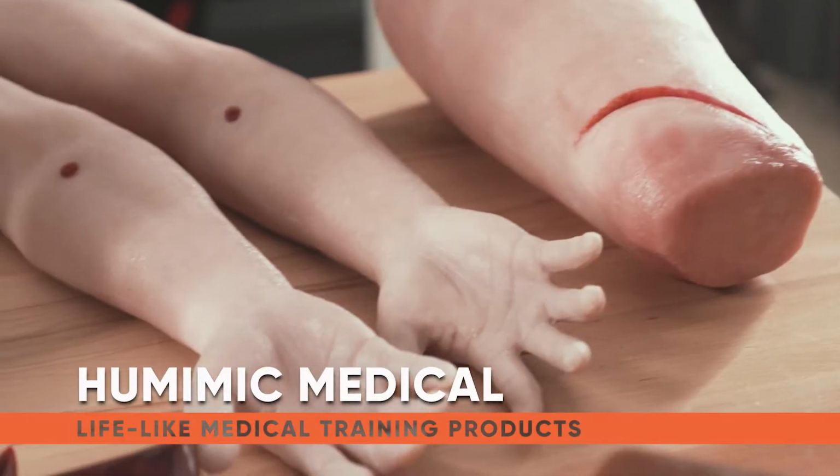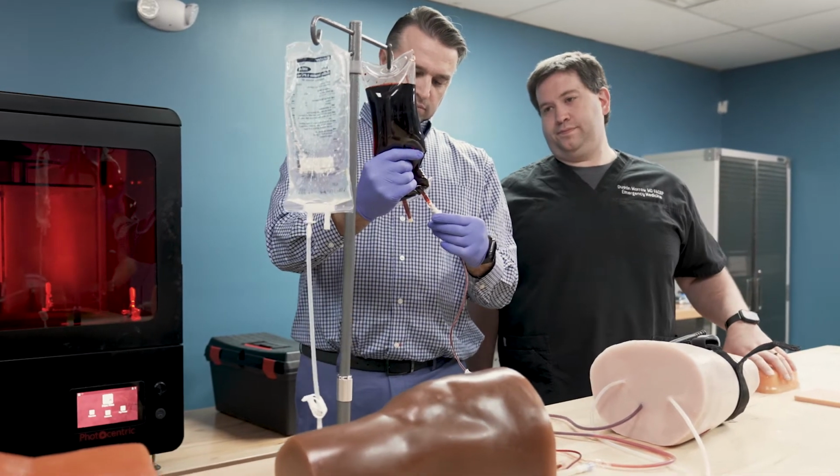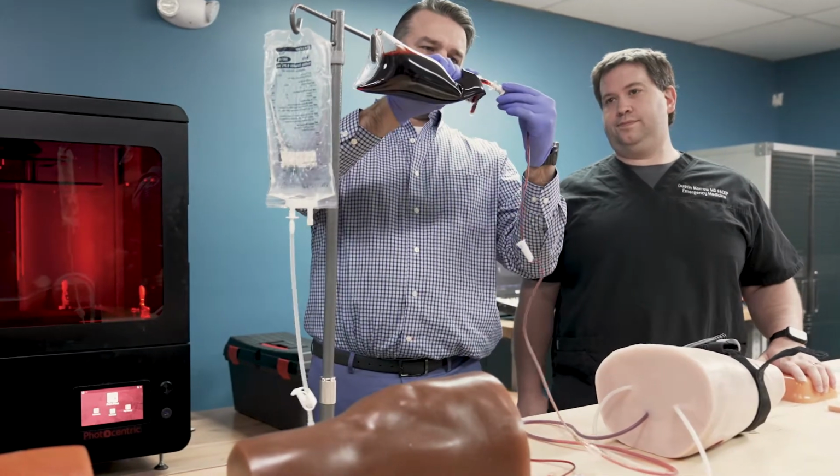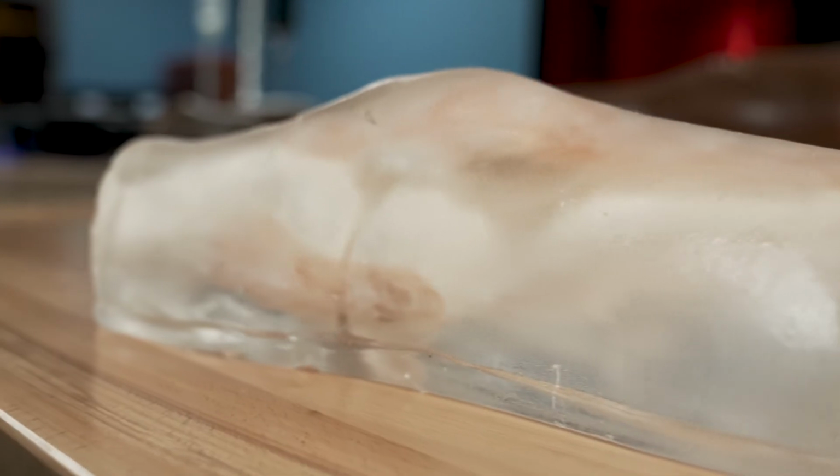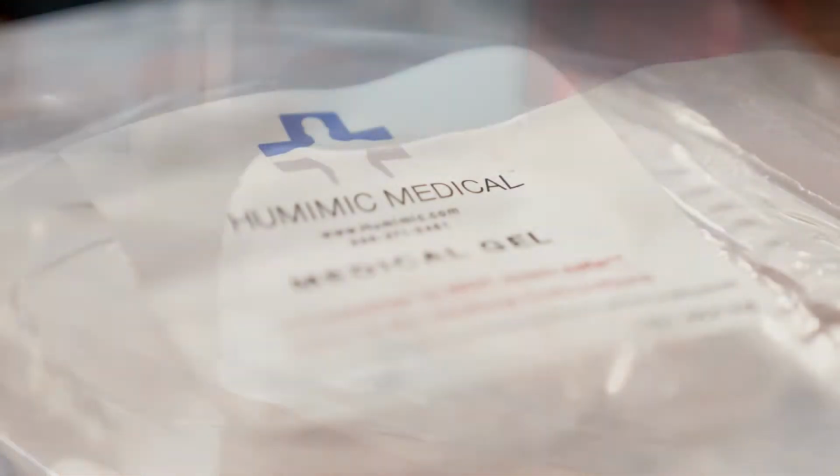Humimic Medical, we are an innovator in simulation models. And some of our primary goals with these simulation models is to bring realism up and the cost of simulation way down. So what we're trying to do is to take our proprietary gel formula that simulates human tissue and actually